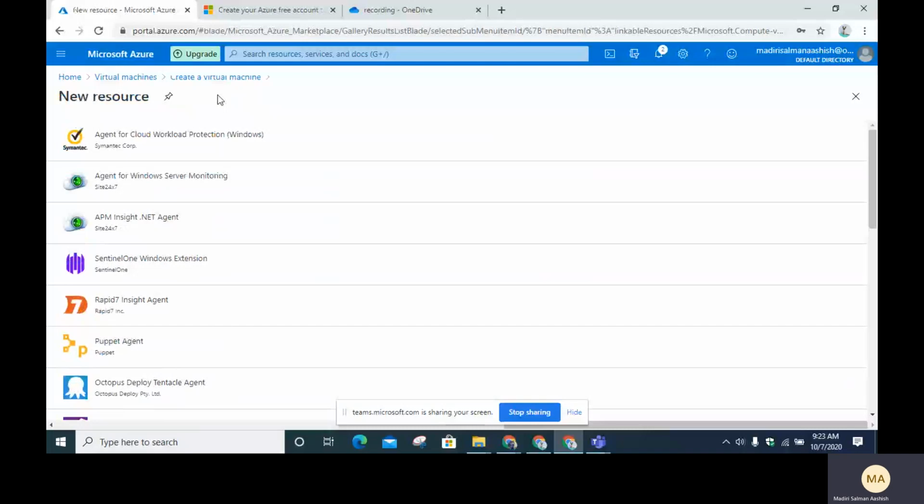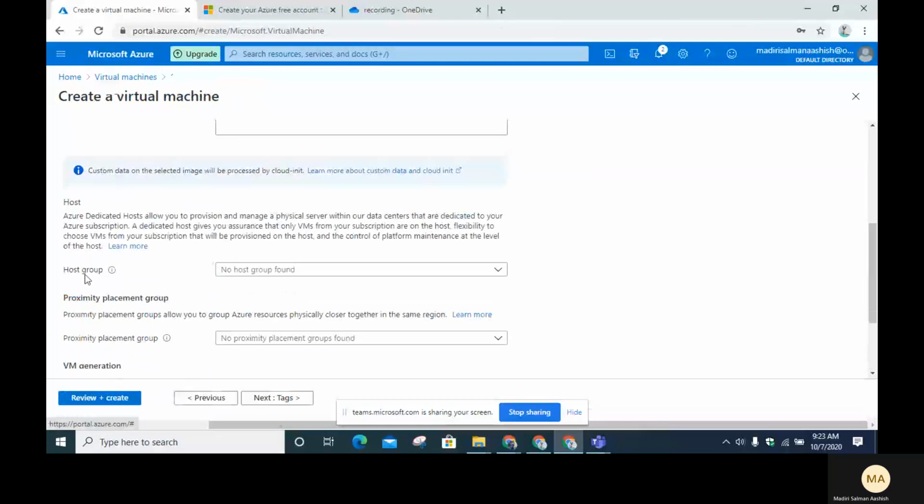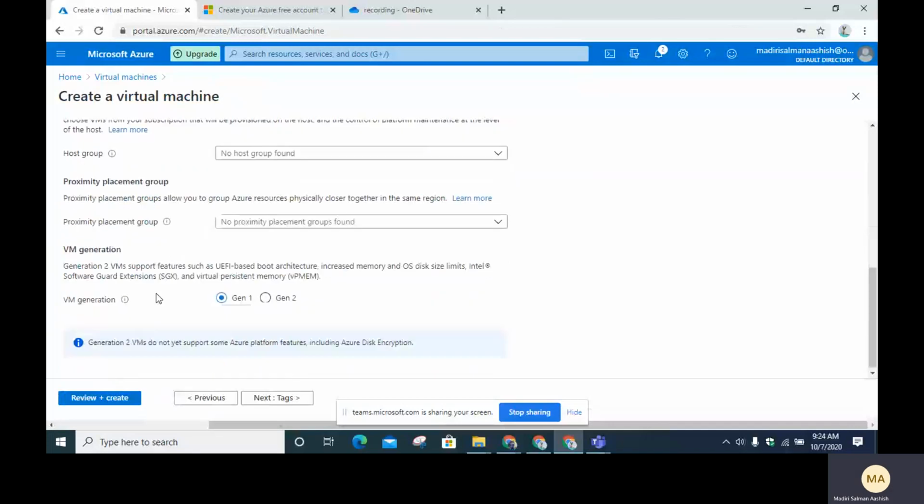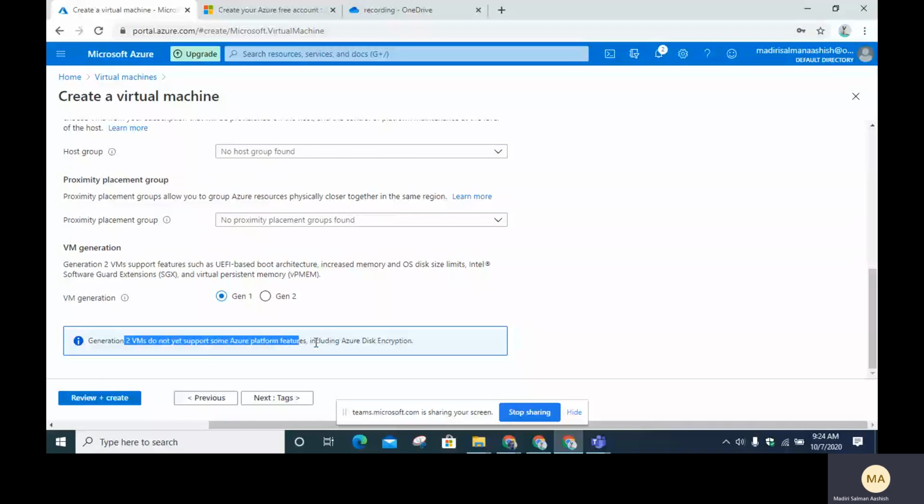So next we'll go for, if you are using any dedicated host, you can use these options. And here we have two options, Gen 1 and Gen 2. Gen 2 is a new one, but basically we use Gen 1. Why? When you are using Gen 2, if you want to move, some functions will not work. In Gen 2, it does not support some Azure platform features like Azure disk encryption. So we can select Gen 1, and you can click on go,